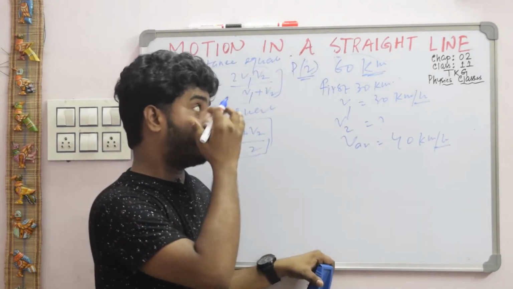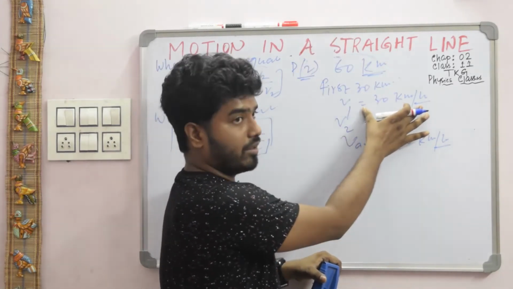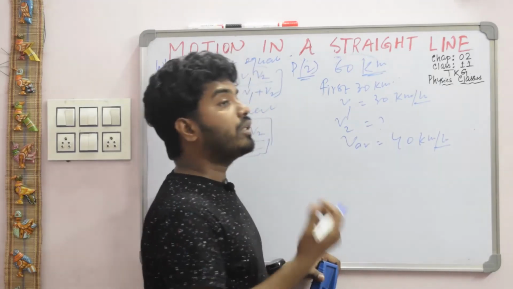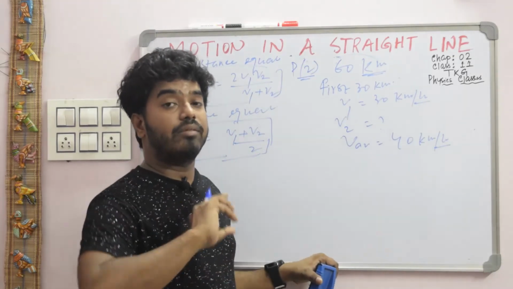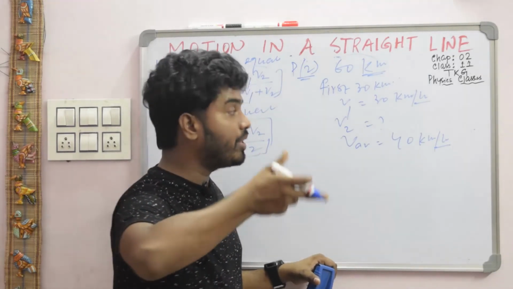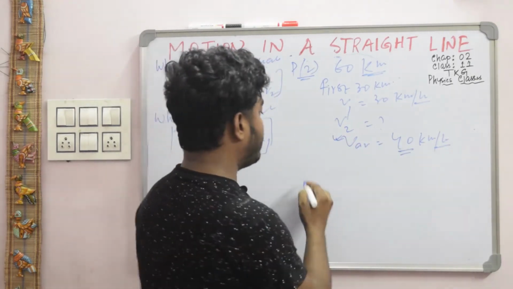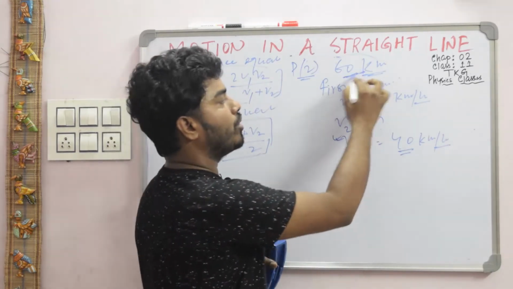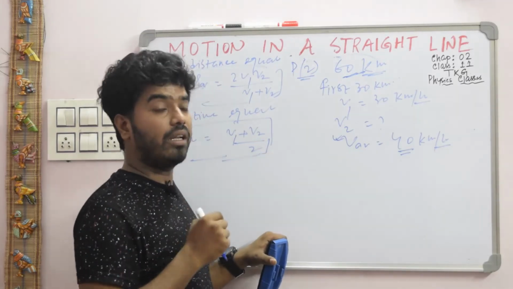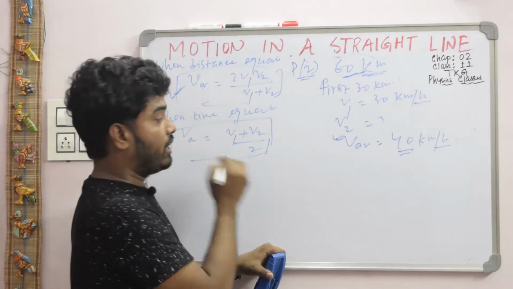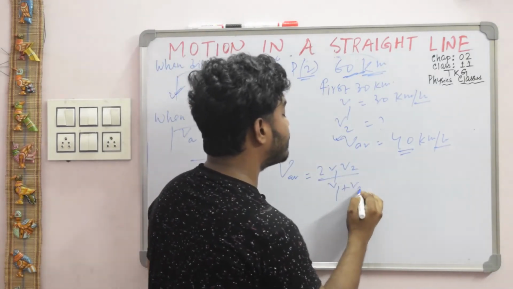Okay, so first of all, given for the first 30 kilometer the train travels with speed V1 is equal to 30 kilometer per hour. Now you have to calculate the speed for the next 30 kilometer so that for the entire trip the average speed must be 40 kilometer per hour. So according to the formula, just check one thing: total track 60 kilometer, body traveling the first 30 kilometer and the next 30 kilometer, that means distance is equal, and you know the formula for when distances are equal, that is V average is equal to 2 V1 V2 divided by V1 plus V2.